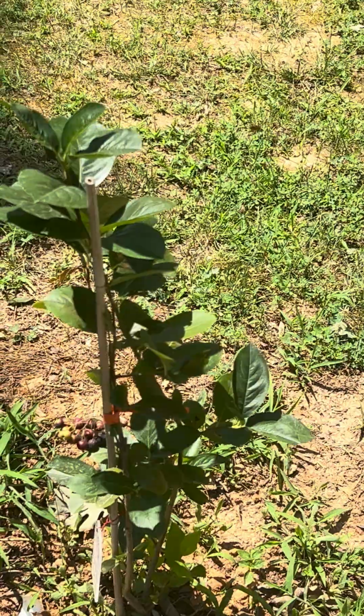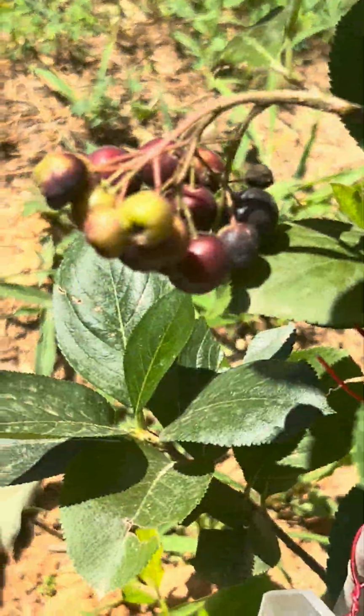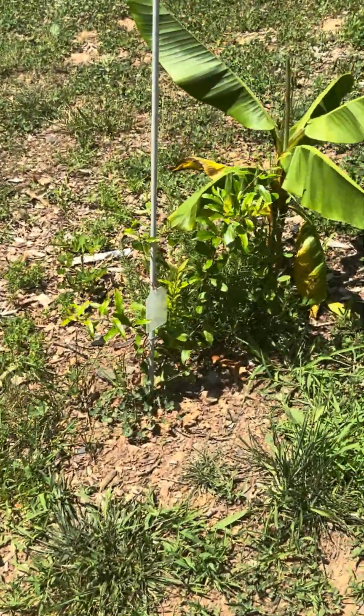Can't say much about that yet. I just pulled some berries off of it, and it has berries on it, but they're not all the way ripe yet. But I did pour some, and they aren't the greatest tasting berries. Here I have another